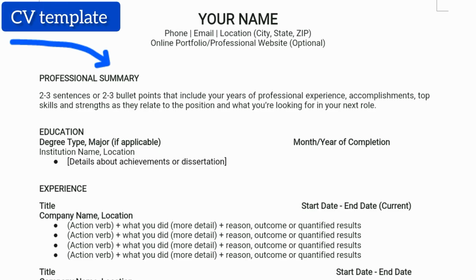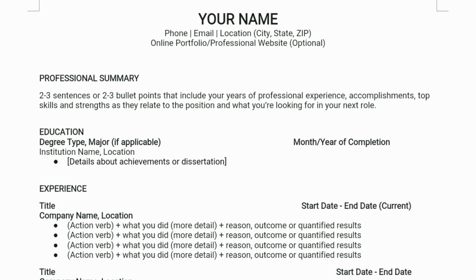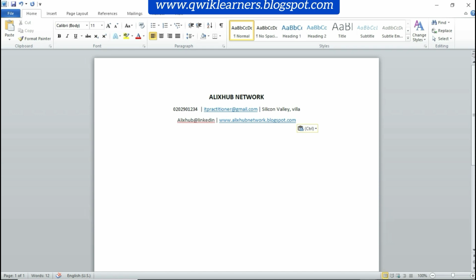Let's go to our Microsoft Word and start writing our CV. So we'll start with the contact information. It contains a name, address, and other information. As you can see, the name here is bold and also centered. You can format your CV in a way you like, as long as it is easy and clear to read